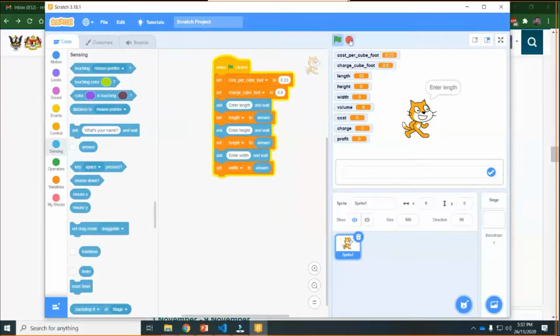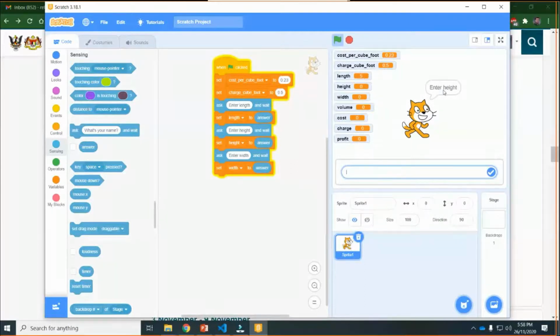By this red one you can stop it, and by the green flag you can start again. You see, enter length. Look at the length variable. Everyone focus on this, okay? Previously it is having 10. Now I am giving 5. You see the value change, right? So this is why it is called a variable.